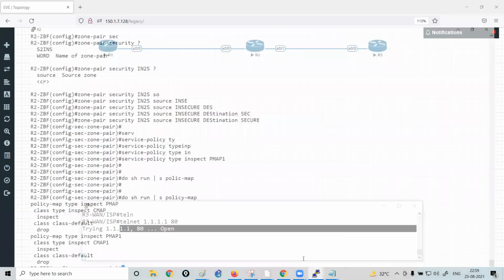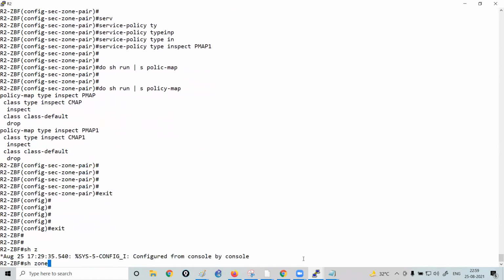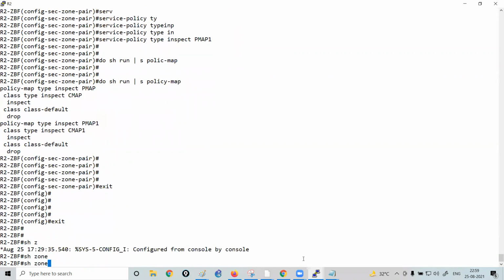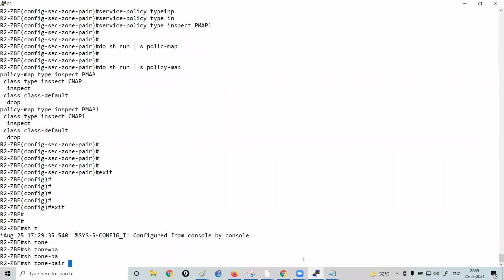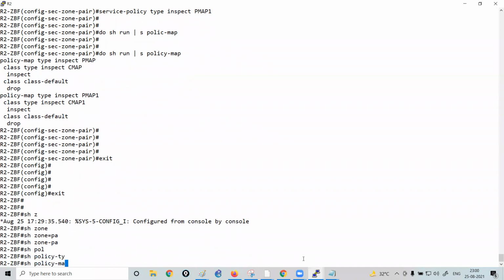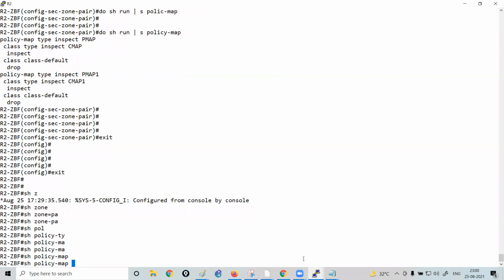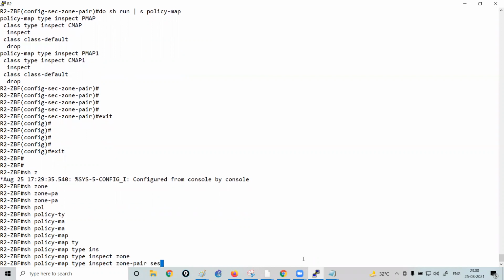See, on router R2, if I run this command, show zone pair, show policy map type inspect, and then zone pair sessions.